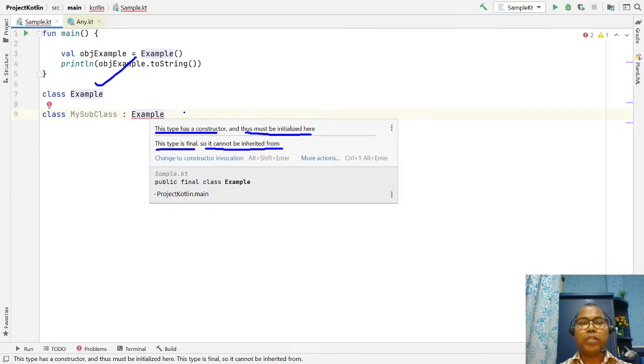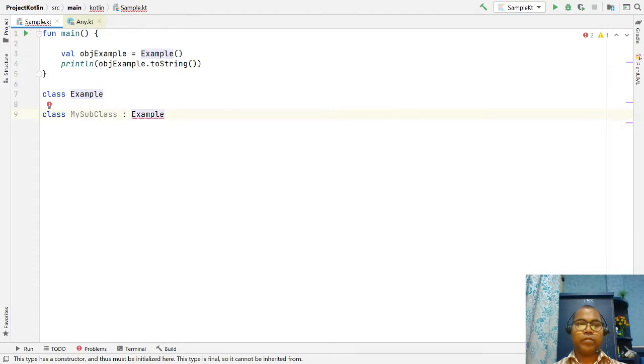Okay, so please ensure that whenever you are going to create an inheritance behavior, first you have to open this class.